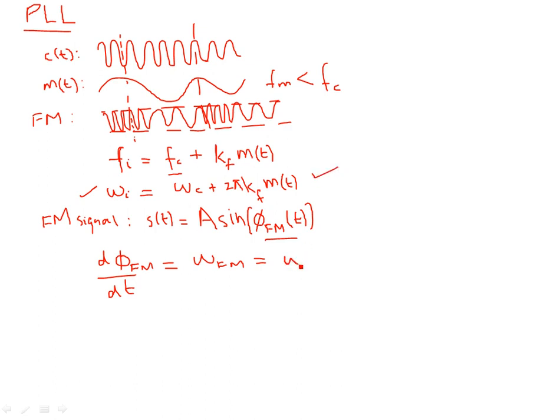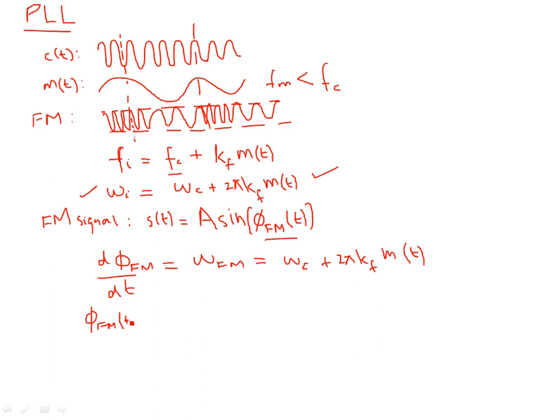Okay, so it can come down over here as omega c plus 2 pi kf, which is just a proportionality constant, so that you have the variation with respect to the message signal in the frequency, in the unmodulated carrier frequency. So the phase becomes, you can see that the phase becomes